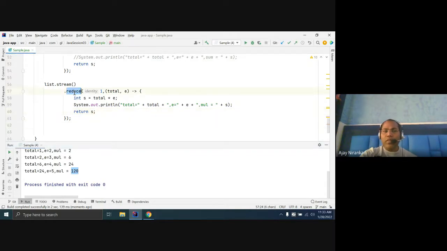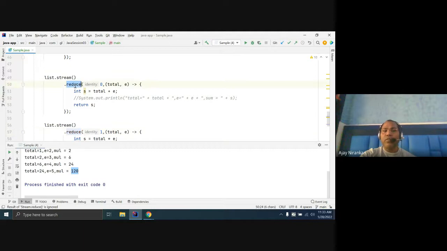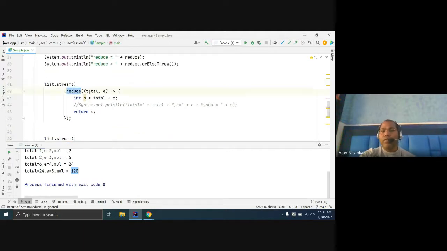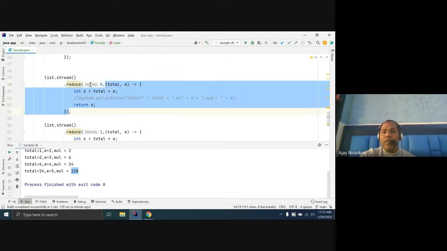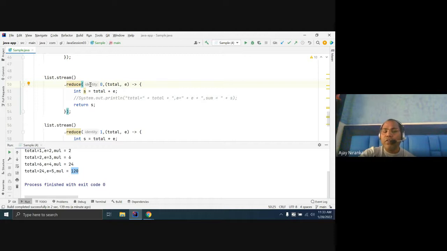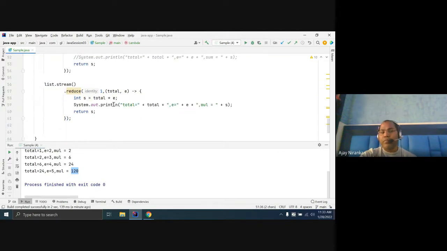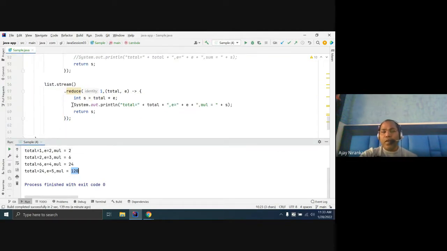So these we have learned. One is the reduce function that takes only one argument, a binary operator. Another reduce function takes two arguments: one your binary function, another your initial value or identity, which determines what kind of operation you are doing here. And one more reduce operation is given in the stream API.